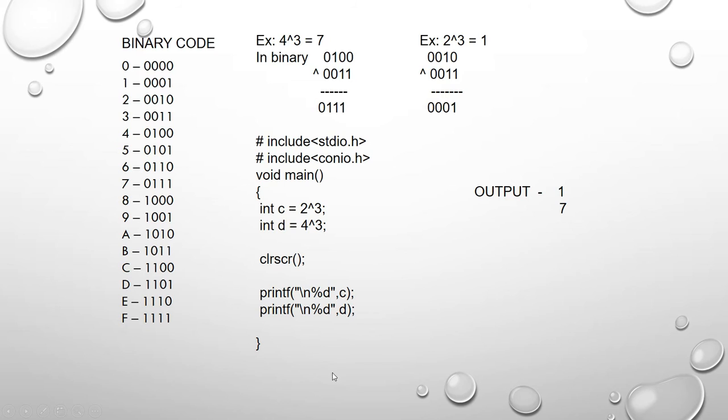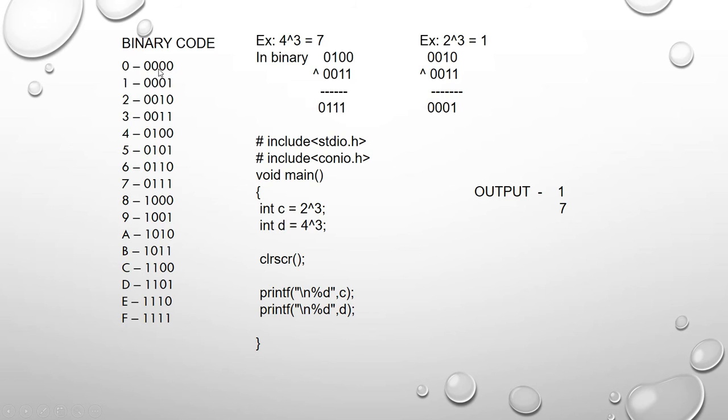So here is one example of exclusive OR as used in C. In your C program, if you use the exclusive OR operator, you specify the operator with the help of the caret symbol. This one is your caret symbol. And this is the binary code of a hexadecimal number. As you know, hexadecimal coding starts from 0 to 9 and A to F, where F is 15. In such a manner the values are assigned. This is a little bit easy.